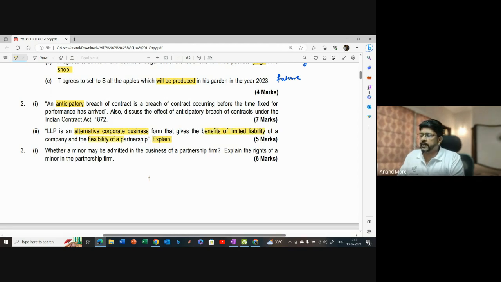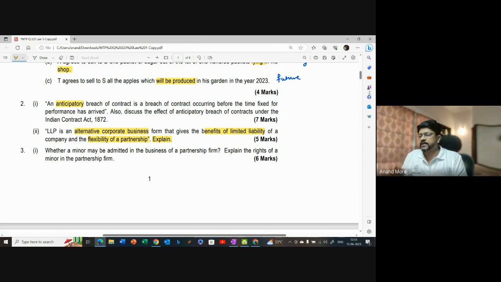Now, what is the meaning of limited liability? Limited liability means the liability of the owner or contributor is limited to the extent of the contribution he has made for the business. This is the basic principle coming from joint stock companies. So it becomes easy for a person to work in such a situation without worrying about his private property getting attached for the liabilities of the particular business. That benefit was available earlier only to joint stock companies. Now it is available for limited liability partnership.